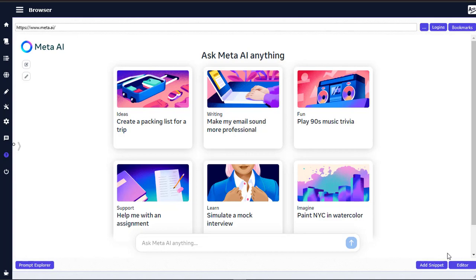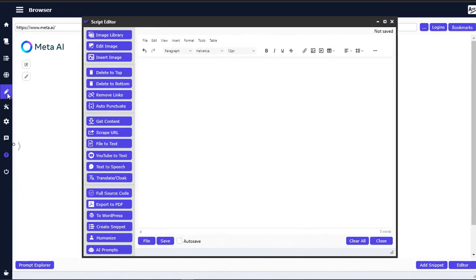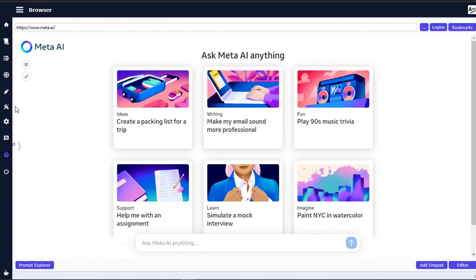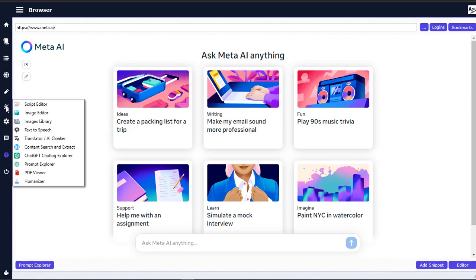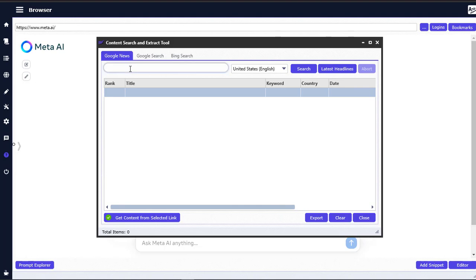So let us dive right into it. The first thing that we're going to do is to come right here to content, search and extract. You can see what I clicked on. I clicked on this particular one right here, this particular button. You can see like a writer right here, and you click on this setting right here. So you click on content, search and extract. So you can see that I have actually extracted something, but for the case of this video I'm going to